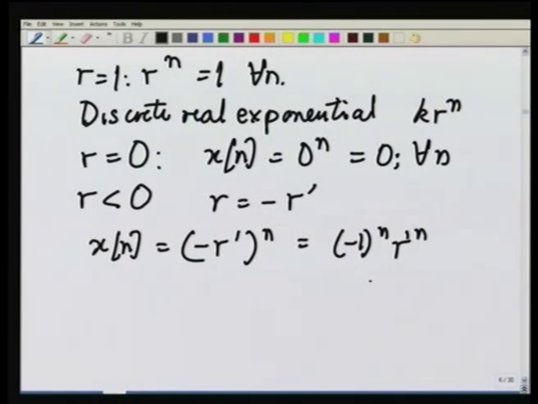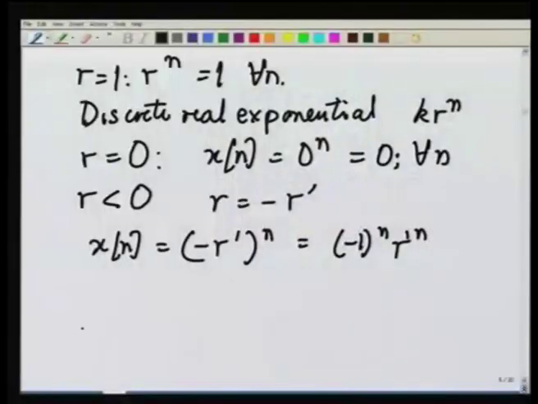So, all that happens is that our sequence gets multiplied by minus 1 to the n. The effect of multiplying by minus 1 to the n is to invert alternate samples, in fact, to invert all the odd numbered samples. Thus, we would get